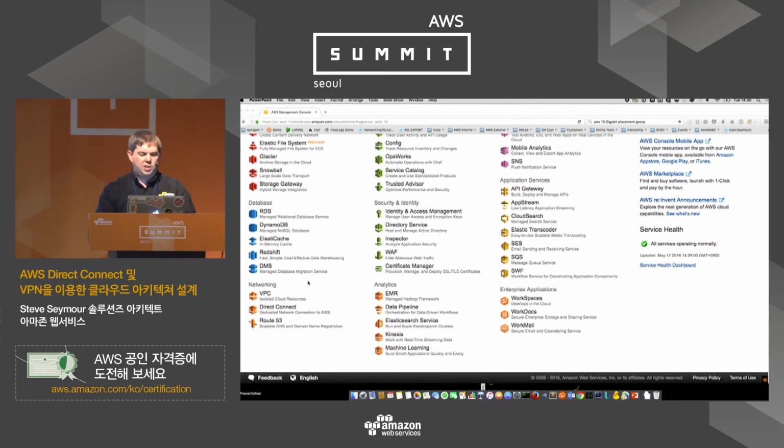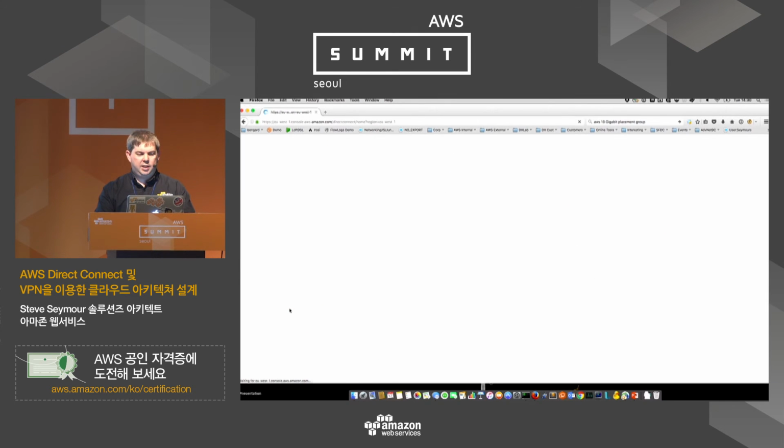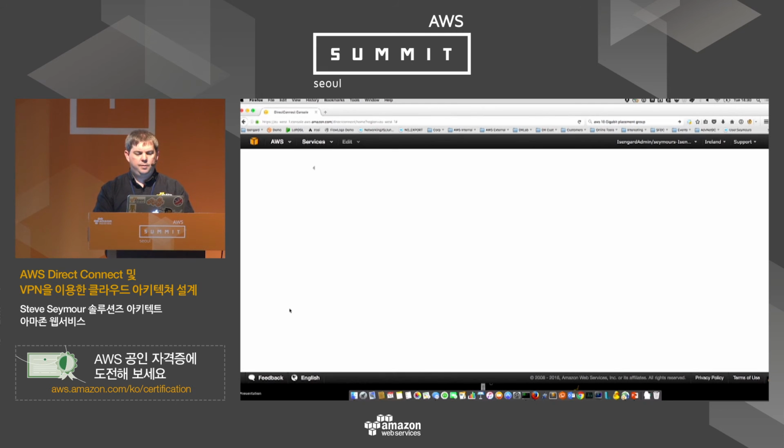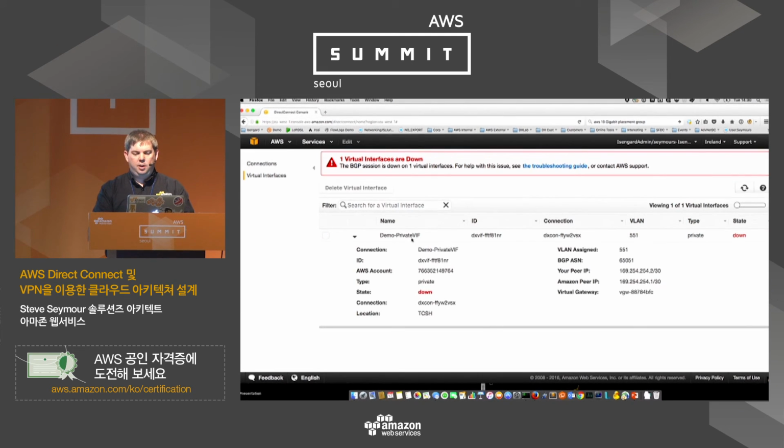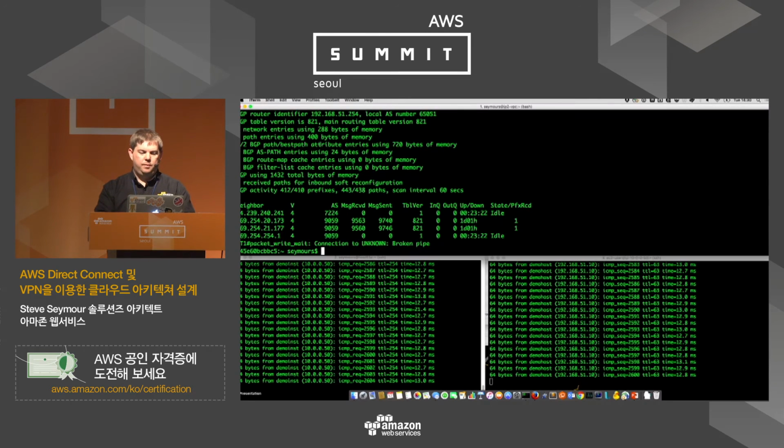So this is the AWS console. If we go to Direct Connect, this is in the Ireland region. You'll see that we have a virtual interface, but its status is down. It's not configured at the moment. Okay? If we now go and have a look at the router,